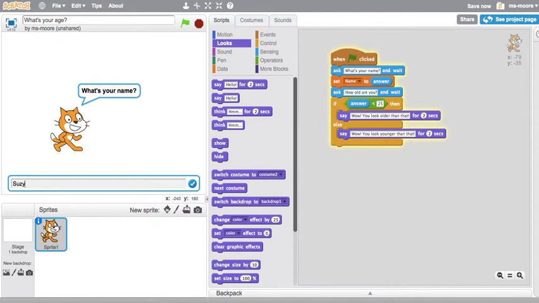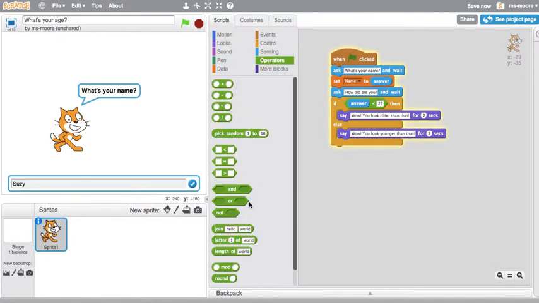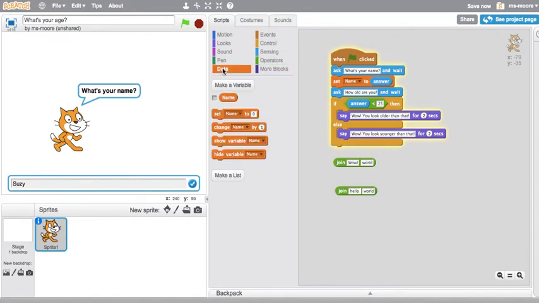Oops, I forgot something. I want to use their name in here. So I want to actually go into my operators, and I want to join two sets of things, or three sets of things. I want to say, wow, Bobby, or whatever their name is, you look older than that. So I'm going to join wow with their name. I have to go into data and take the data value and put it there. And at the end of wow, I need to add a space. And then I want to take that and join it with